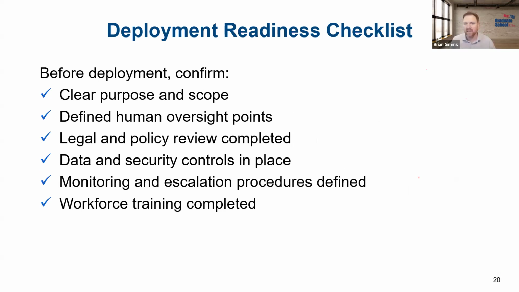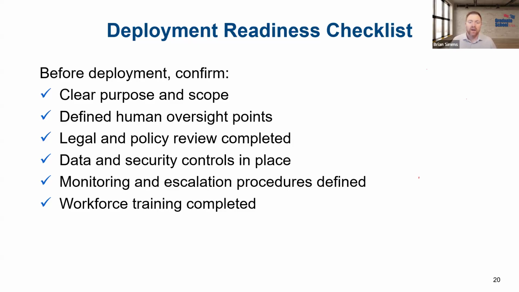Before you deploy any AI-assisted workflow, every item on this list should be confirmed, ideally in writing for many people to see, right? Do we have a clear purpose and scope? Do we know what its goals, its triggers, its inputs, its boundaries are? And that's well documented. Do we know where the human oversight points are? Who's responsible for this? What's the escalation path for A's and B's, right? That all has to be documented. Legal and policy review completed. Different agencies obviously have different requirements, but this is a crucial step. Are we allowed to be doing what we're about to do?